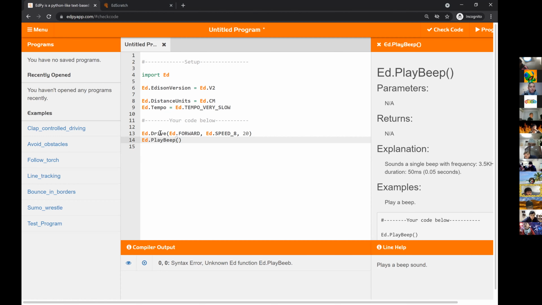I don't know why when I tried the beep, it didn't work. So it said it was an error. Oh, it's an error. Okay. Just make sure it's spelled correctly. Make sure it's spelled correctly. Okay, awesome. Good job, Anna. Okay, Risha.